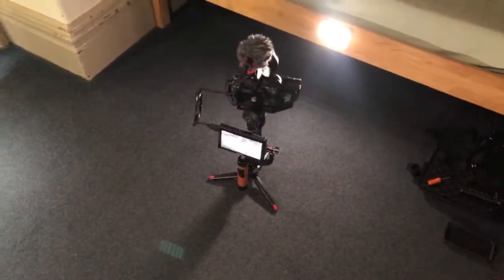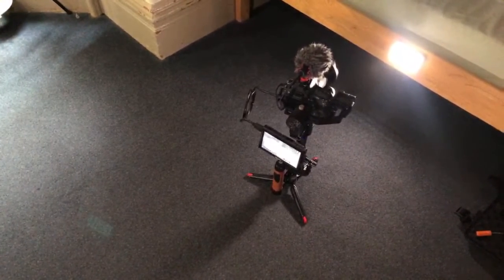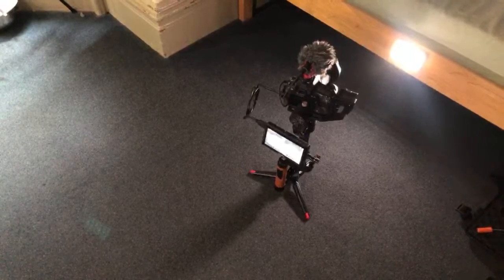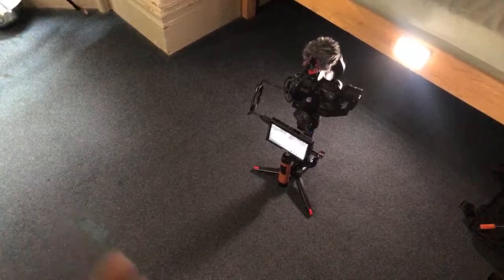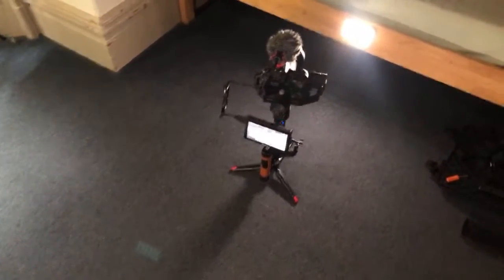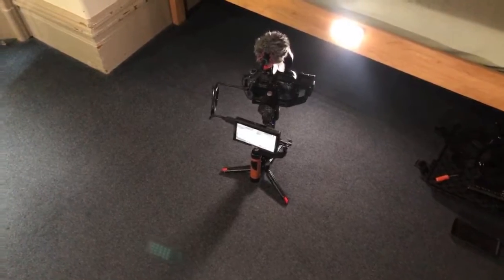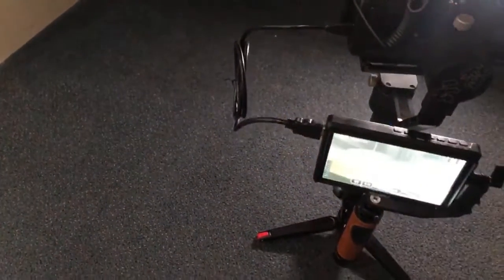So if you are going to use those cables, please don't use it on a rainy or overcast day, because you don't know if it's going to rain or not. Keep those kind of cables away from moisture, because you can damage not just the cable but your camera. But I decided to go with the beefy standard cables because they last longer and they're durable,